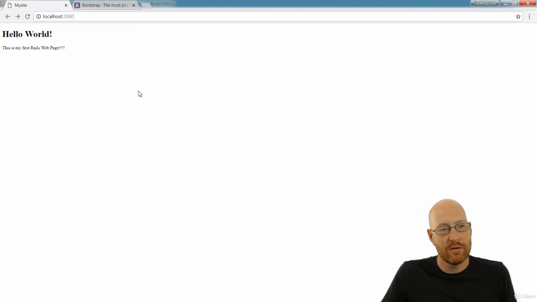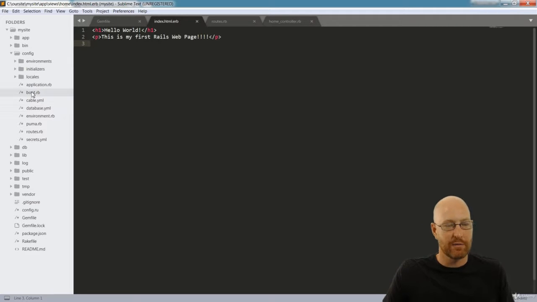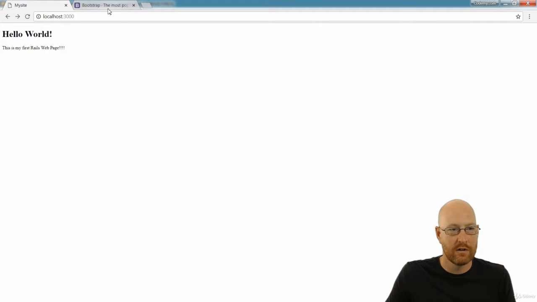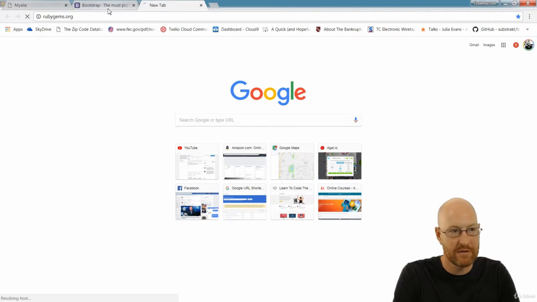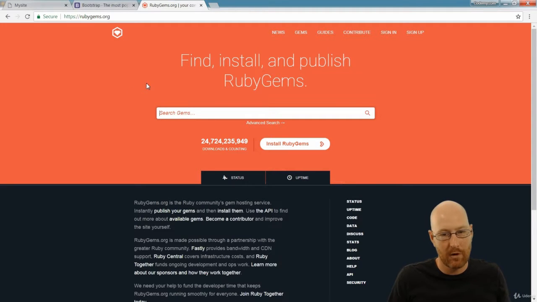So in order to install this onto our Rails project, we need to do a few things. So let's head back over, go to rubygems.org. This is the main website for Ruby Gems. And a gem is a little package that you install in your Ruby on Rails project that does whatever, right? There are 24 billion downloads from this website. It is the source. And when we run bundle install from our terminal, it actually comes to rubygems.org and downloads